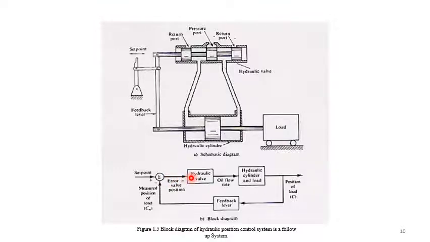Whenever there is a load acting on this one, or there is a resistance of the load, what will happen? The fluid pressure is going to act on this side because of the load, and fluid is going to go from this port to the valve. The valve is going to change its position from the neutral position, which has to move to this side. So what will happen? The fluid which is present on the other side of the pressure port is going to get compressed, and it is going to push the fluid on the other side of this hydraulic cylinder.